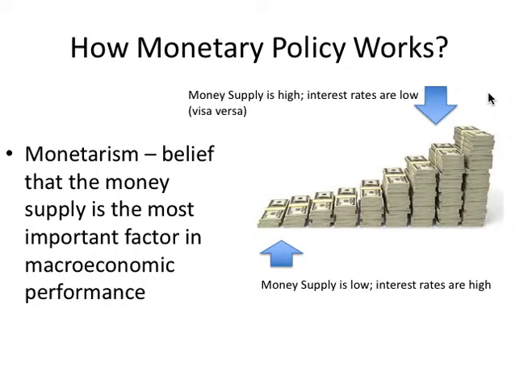Now on the other side of this, if the money supply is low, this means interest rates are very high. This means that it takes more money to borrow, which then results in less money available. If there's less money available because more money is going towards interest, the money supply is going to be low. So the whole idea here is to walk away with this: if money supply is high, interest rates must be low. If money supply is low, interest rates are high.